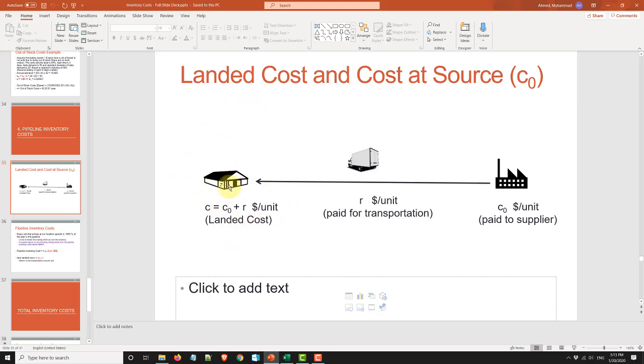for that SKU. Or if one SKU is double sourced or multiple sourced, where you have 3 suppliers or 2 suppliers shipping the same SKU to you, then you can take the average price you pay to the suppliers as C naught, the average transportation rate as R, and club the 3 suppliers into a big virtual supplier and assume you have this one supplier base, and then all the product flowing to your warehouse, you can calculate the inventory cost here for all of that entire product volume that comes from those 3